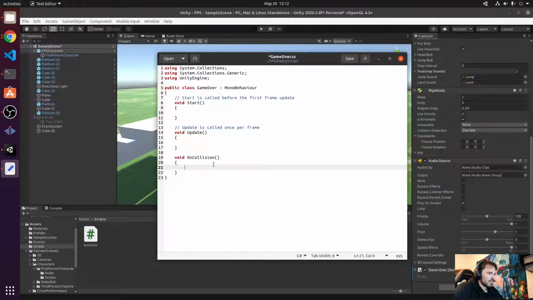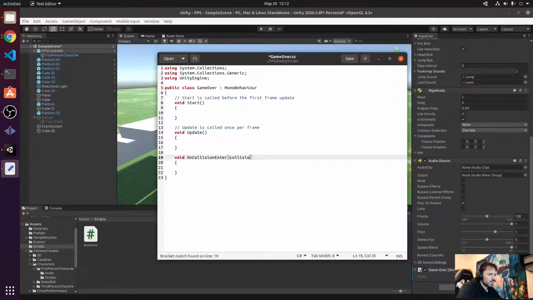And I believe it's OnCollisionEnter because there are two functions: OnCollisionEnter and OnCollisionExit. Enter is when the collision first happens. And there's a variable called collision, so let's make a parameter for the function. A parameter goes next to the function name, within the round brackets, sorry. So create a collision